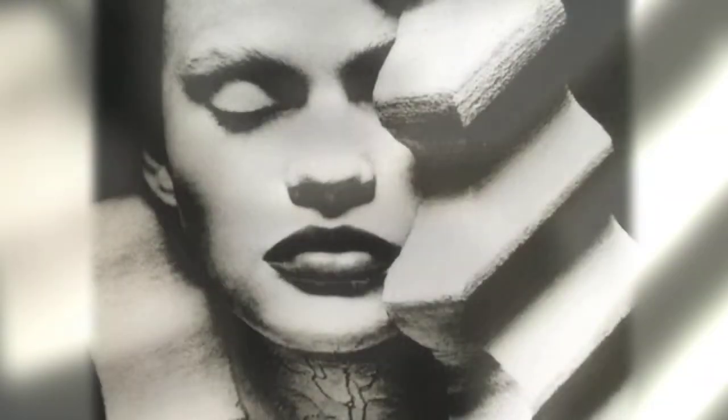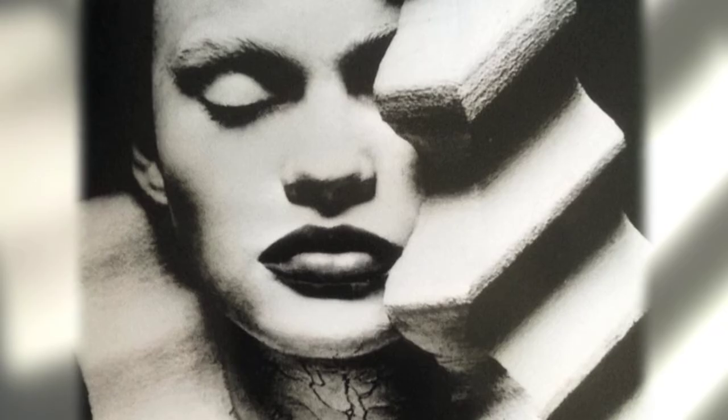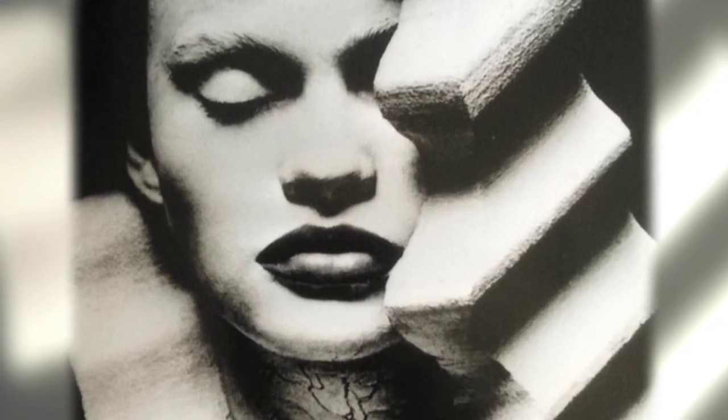I don't actually have a name for this, but the idea of it was to make hair out of what would look like stone. The actual hair itself, the waves, that is the foam that you sit on, and with a hot knife you can carve out any shape. And then what we did, we put a very thick, heavy makeup on the girl,